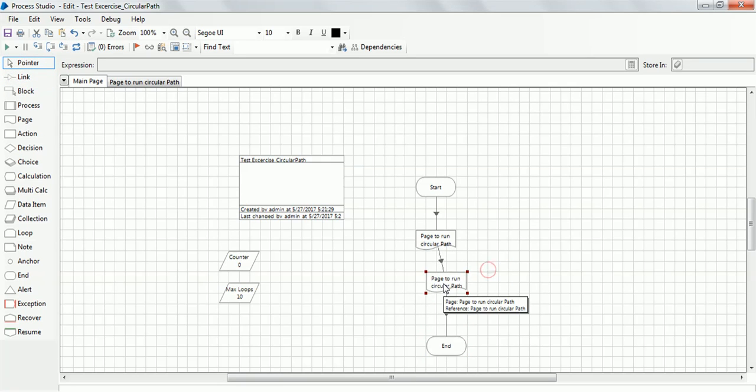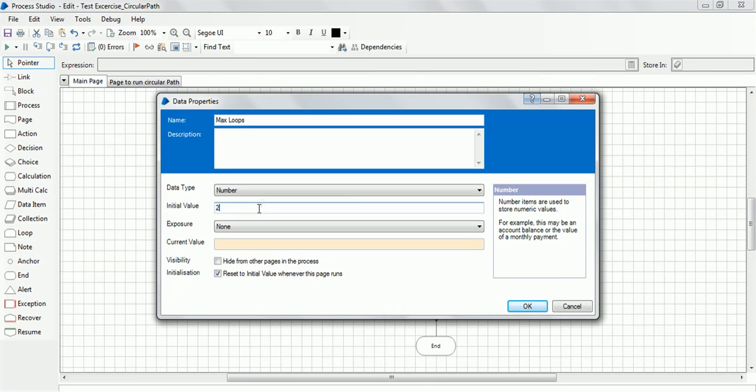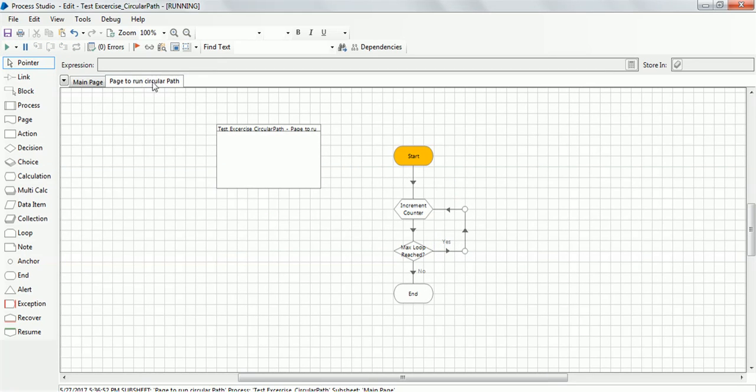Right, so let me just create it. Okay, and let me make max loop as 2 so that we are able to visualize. Please pay attention here, guys, how the cursor moves. This will be very helpful when you design any process. Right, so it started, went to the first page reference, did the increment counter thing, checked for condition, and it will loop through,